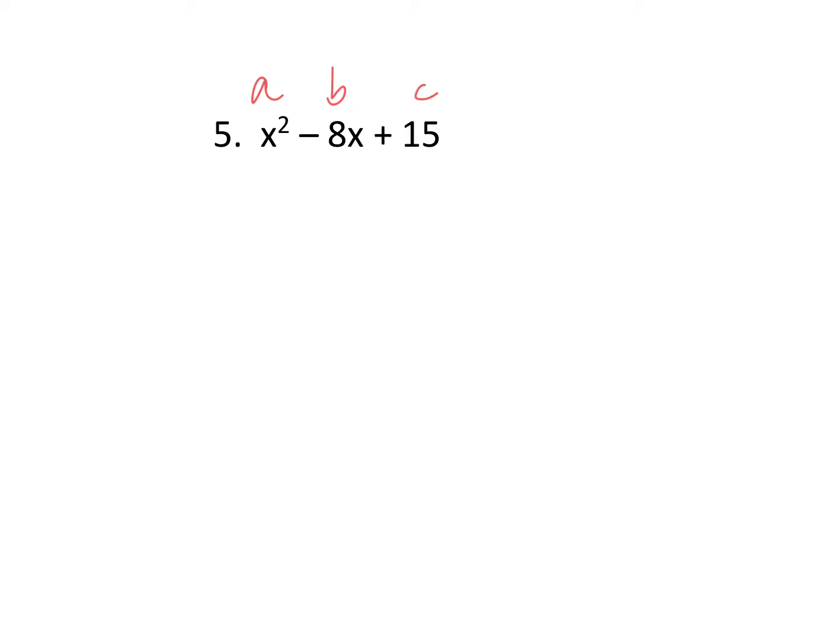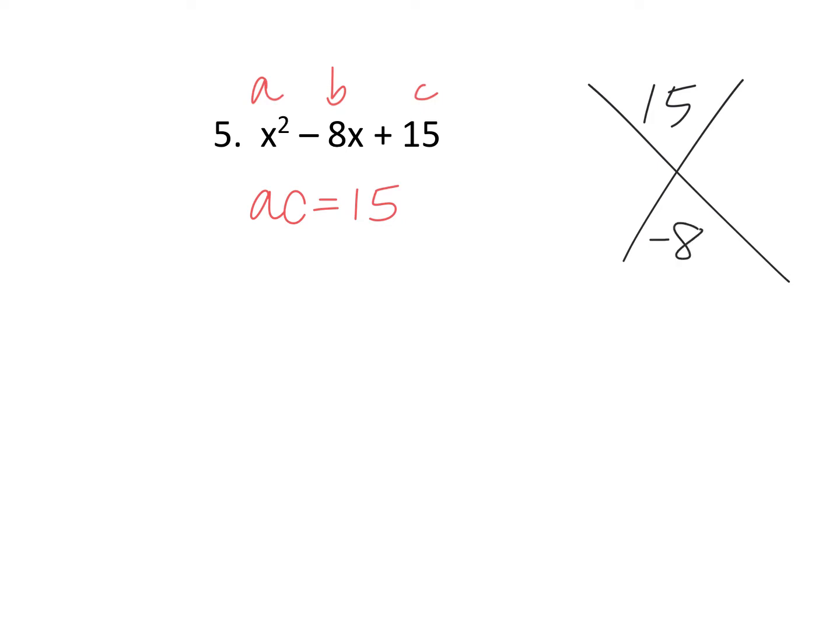So A times C is 15. So I need two numbers that multiply to 15 and add to -8. So can you take some time at your table or on your calculator and ponder that, please? Diane, what are the two numbers? -5 and -3. If you're multiplying to a positive and adding to a negative, you do have to have two